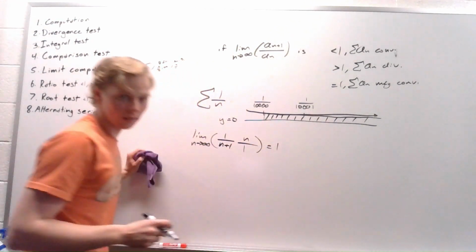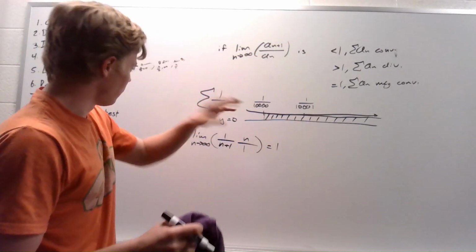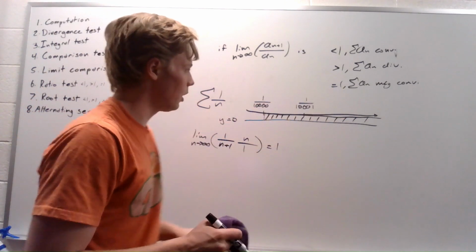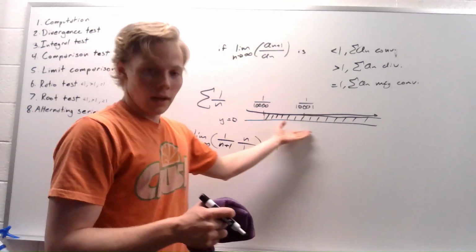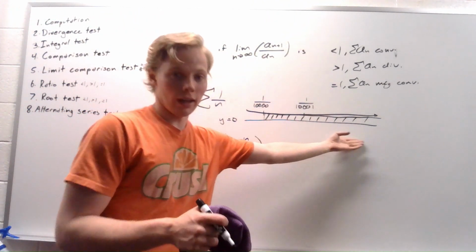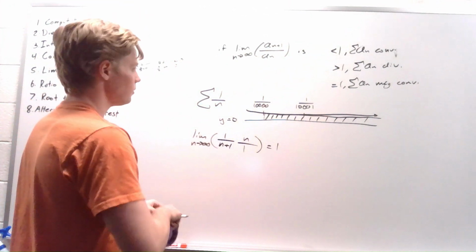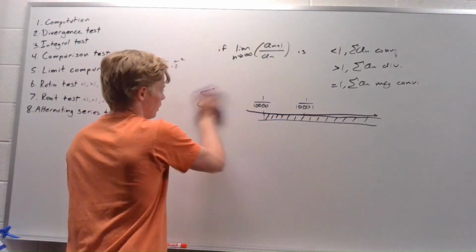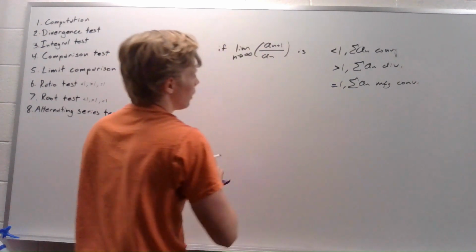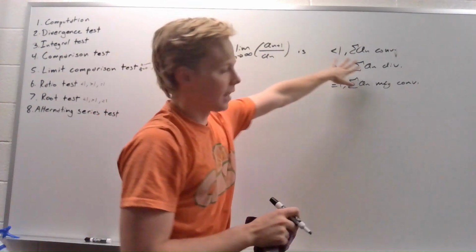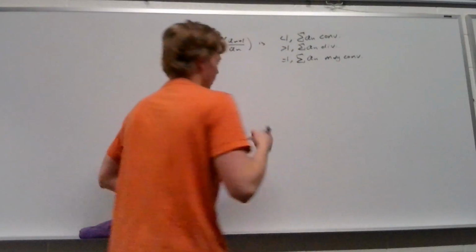This is equal to 1. And so in the case of 1 over n, where the limit's equal to 1, we don't know, because it's just a straight line. It could be infinity, it could settle down. And so now in a different case, where the limit is less than 1, the reason that this has to